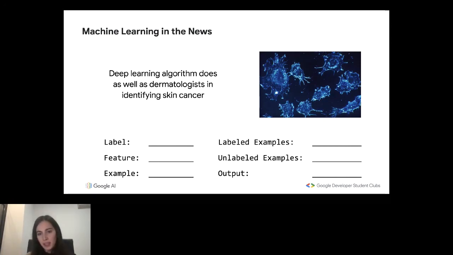So, well, let's start from the label, maybe. Let's start discussing it together. If you have other ideas, I'll be reading and we can discuss it. So the label, as you saw, we have a malignant carcinoma, malignant melanoma. Let's make it a bit more simple. Let's label it as has cancer or doesn't have cancer, because we also want to include the case in which there is no cancer. So let's reduce it for simplicity as this.